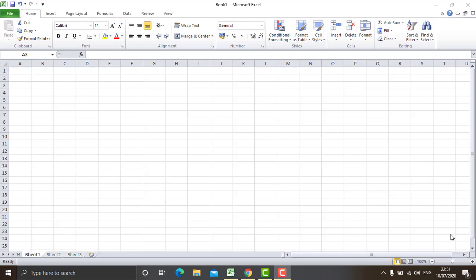Okay, so last time I said that Microsoft Excel is used for two different things, that is for organizing data and for calculation. The major work of Excel remains the same, and that is calculation. And we all know that if we need to perform calculation, then we require formulas. So when we need to do some calculations in Excel, we need to use formulas. And in Excel, every formula begins with the equal to sign.